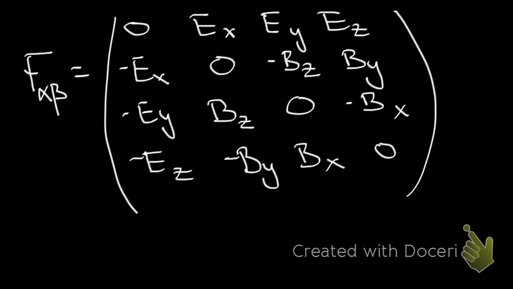Now note that the elements of this covariant field strength tensor are obtained directly from the contravariant field strength tensor by simply replacing your E with negative E, right? So if you replace your E with negative E in the contravariant field strength tensor, you would get the elements of F alpha beta, that is this one, the covariant tensor, right? Now, if you look at the magnetic components, they did not change, right? They remained the same, and that is because, let's go here